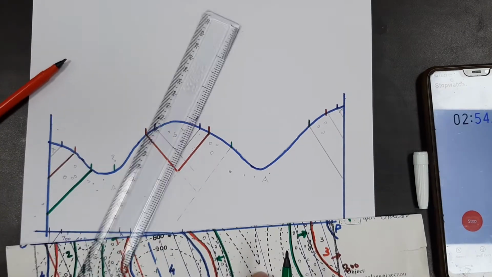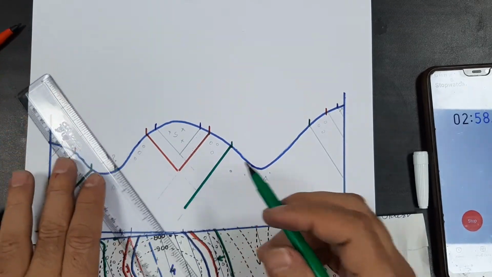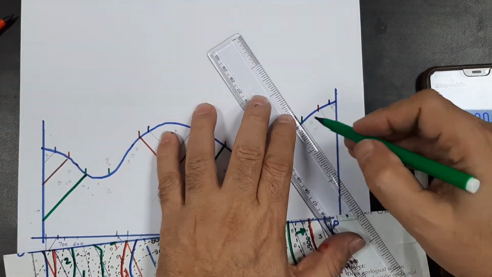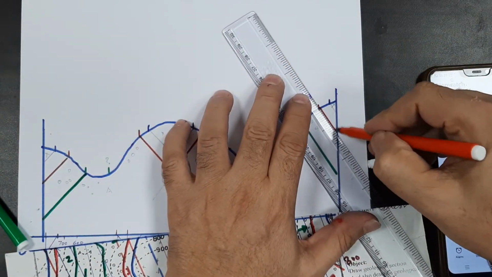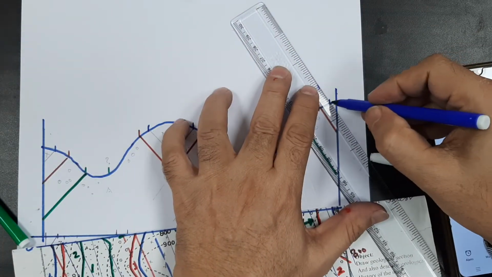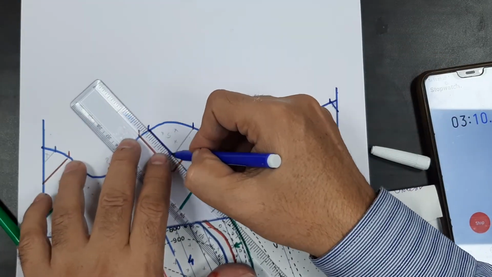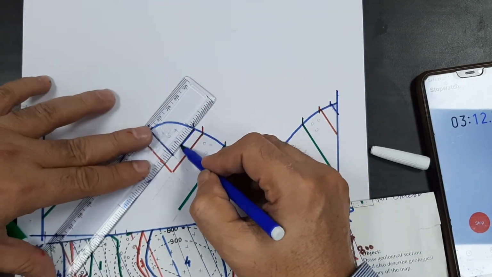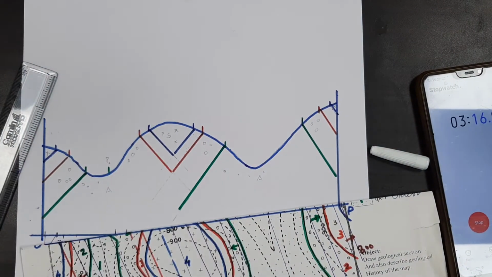You can see the green one is coming from this side also. Then we have the green one here, and the red one is here, the blue one is here. You can see the blue one is here, the blue one is here. All structures are being formed automatically.